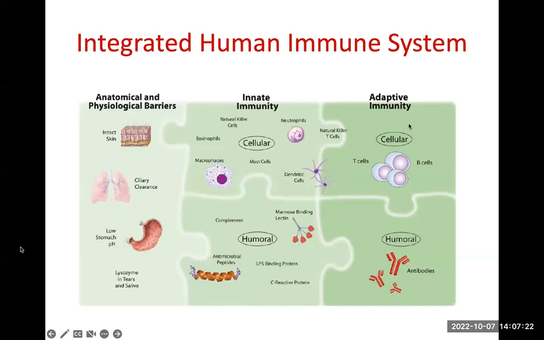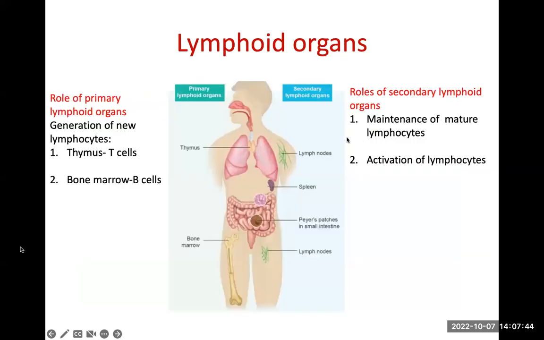B cells act by producing antibodies, which end up giving us the soluble components of the adaptive immune system. So we're going to discuss a little bit more about how the adaptive immune system adapts, as the name suggests, to any invader, so as to be able to fight it more efficiently. And before we go further into that,